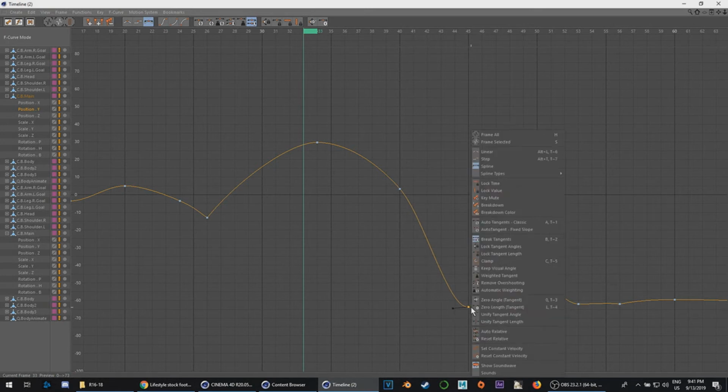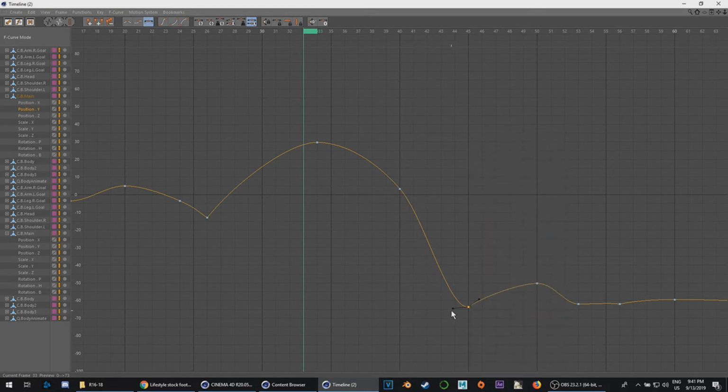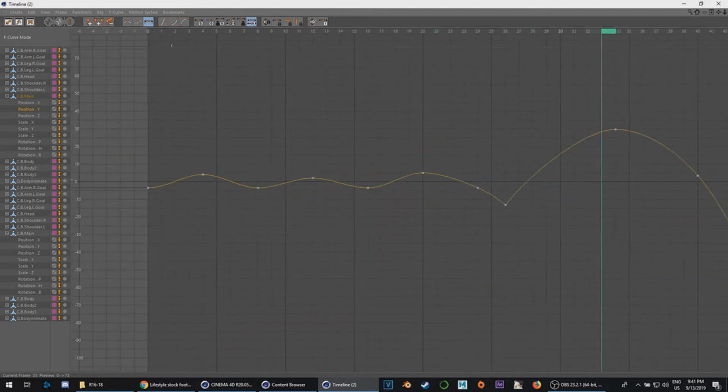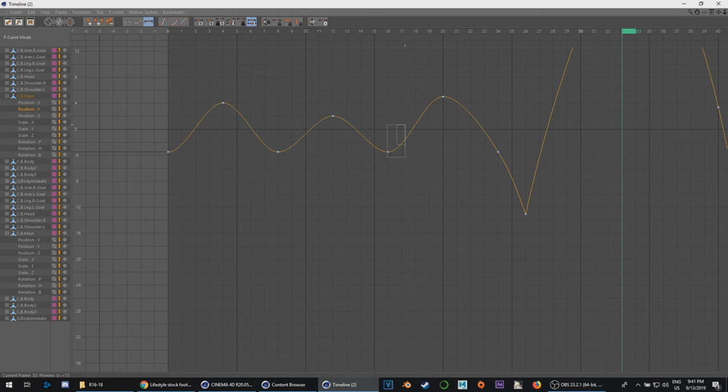You don't want that. You want to right click it, go to break tangents. I already did that here. And basically do something like that, so he hits the ground really fast. Basically what these graphs do, if this doesn't make any sense to you, is